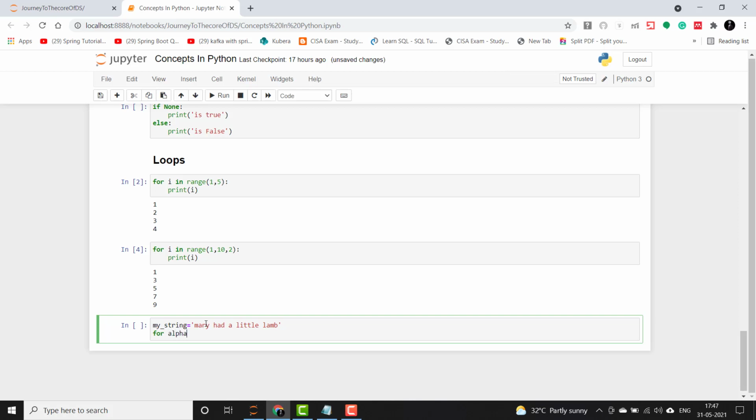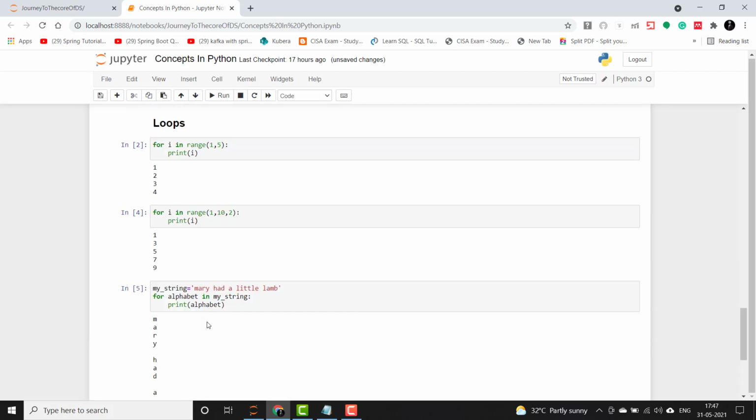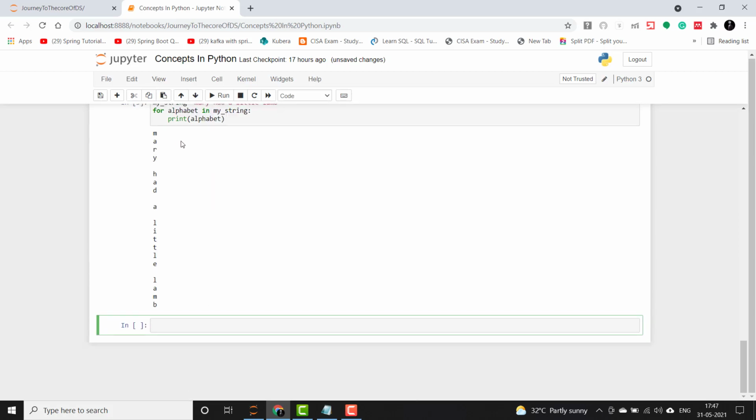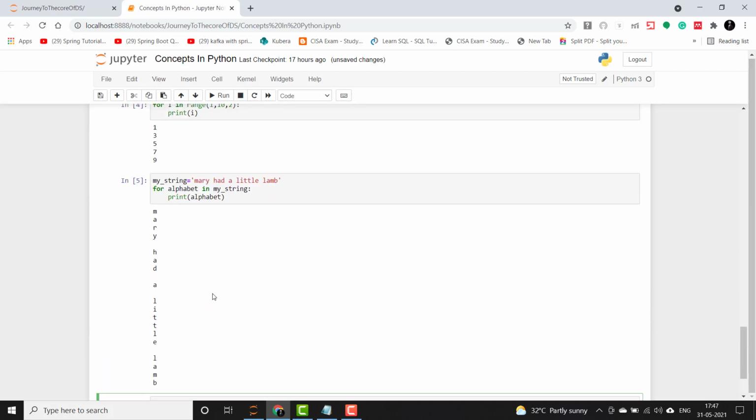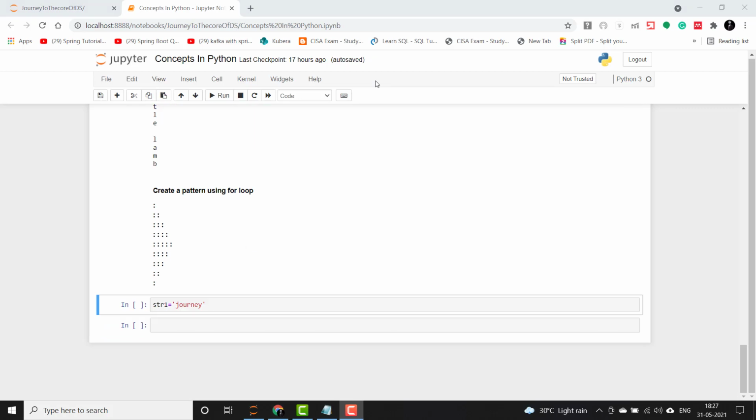What the for loop will do is take character by character in this statement and print it. You can see here it has segregated all the characters and you get this output. Now let's design some beautiful patterns using the loop and check if that works.